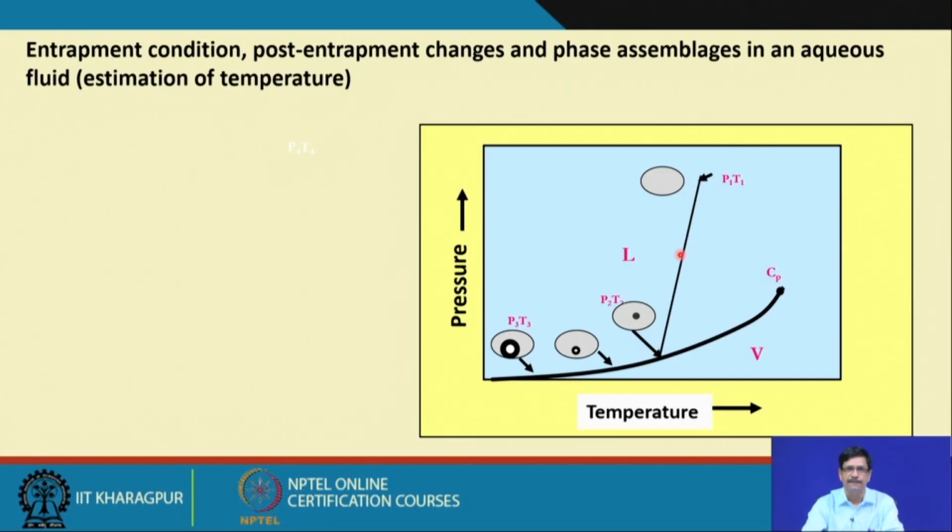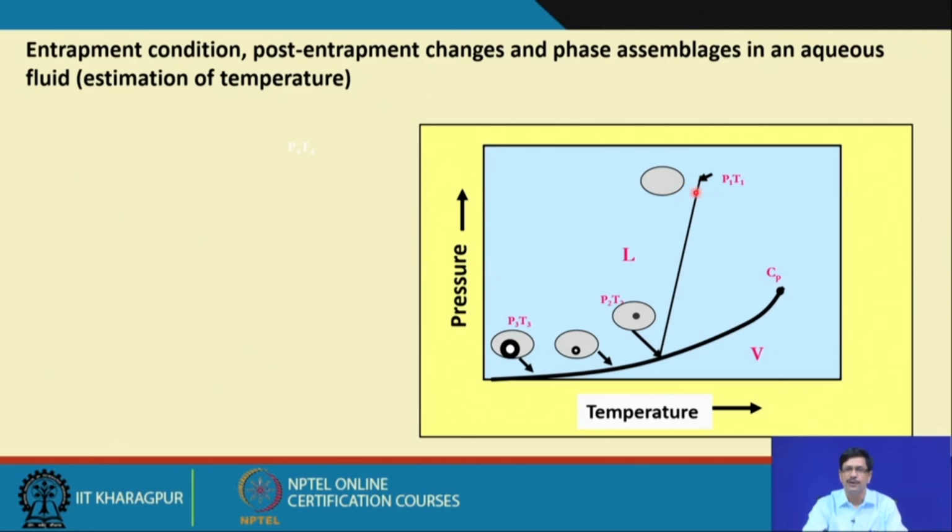What I could see here is a unary phase diagram of water. Here is the critical point corresponding to 374 degrees centigrade and 220 bar. This is the vapor stability field, and this is the liquid water stability field. Let us assume that there are temperature and pressure conditions P1 and T1 where this mineral precipitated from